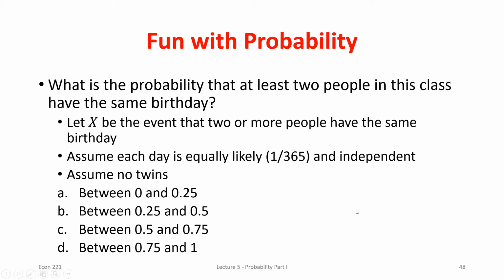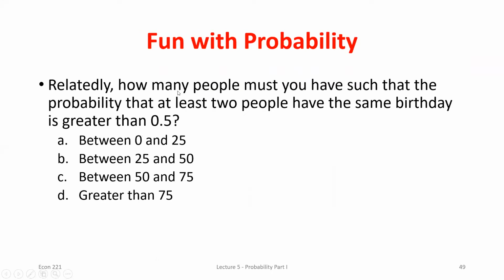Okay? So let's say, what's the probability that exactly 2 people in this class have the same birthday? Typically, if I'm using iClickers and doing some polling, people think this is going to be a relatively low probability, right? Let's say I had 40 people in this classroom. What's the probability 2 of them have the same birthday? Like, there's no way, right? It seems like it'd be a low probability. But as long as we don't have twins, and as long as any day of the year is equally likely to be born on,